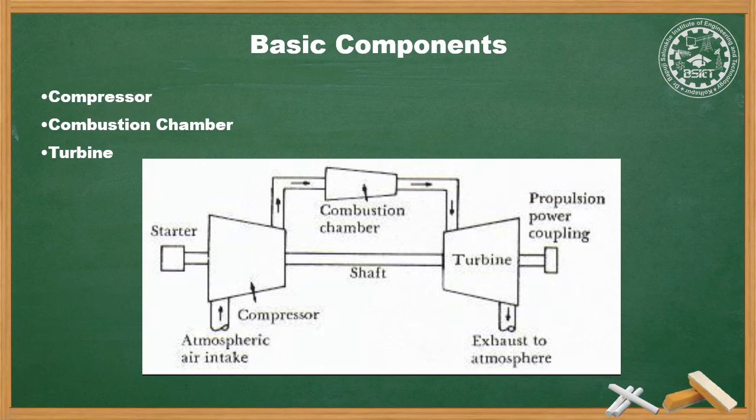The compressor compresses the air. The combustion chamber ignites the air with the help of fuel sprayed into the highly compressed air, and the heat produced during the combustion is used to develop the power, and the remaining is exhausted to the atmosphere as shown in the open cycle gas turbine.